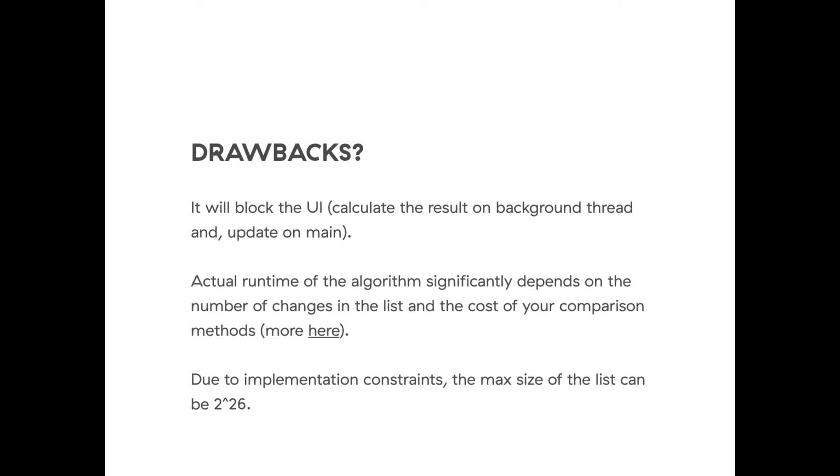Also, DiffUtil has some drawbacks. So the first one, probably the major one, is that it's a blocking operation. So when you calculate the difference, it blocks the UI, it needs some time, so you have to move it to a background thread. The second thing is that the actual runtime of the algorithm significantly depends on the number of changes which have to be performed, and also on class architecture. If you take a look at some numbers,